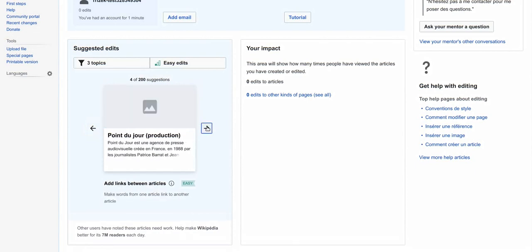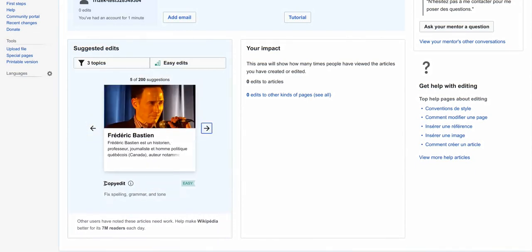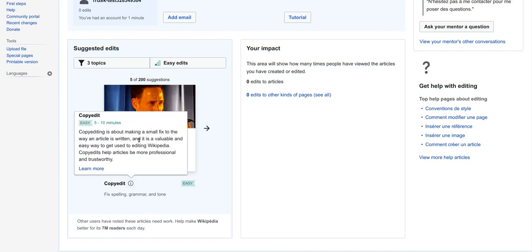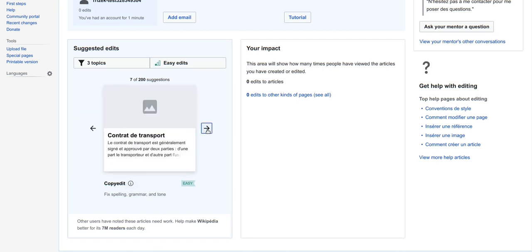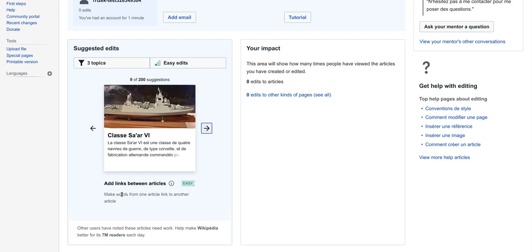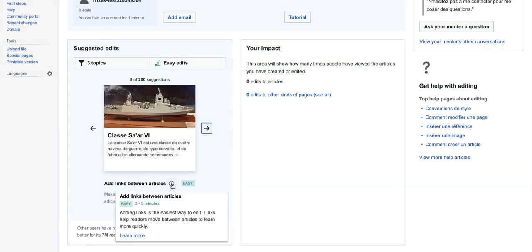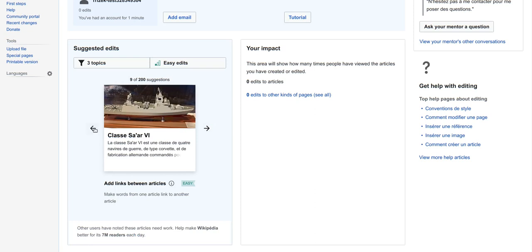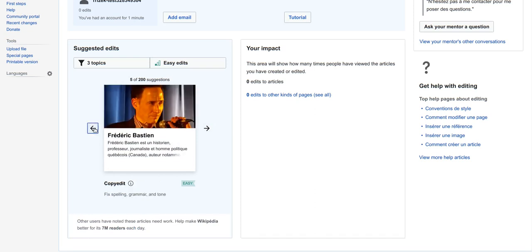Not all the articles have the same kind of edits. For instance, if you're interested in copy editing, which is explained using this information icon, you can start there. But if you want to work on something else, like adding links between articles, you can also do it. The two different tasks are separated.